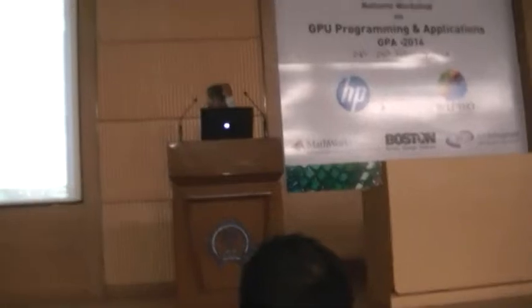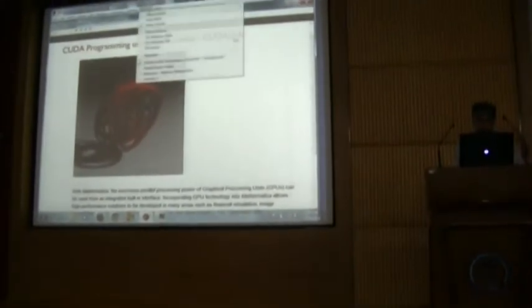Now, I want to talk a little bit about CUDA here. Mathematica has supported CUDA programming for quite some time now, and both CUDA and OpenCL link, right? And I wanted to show you